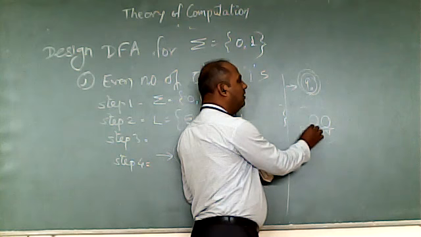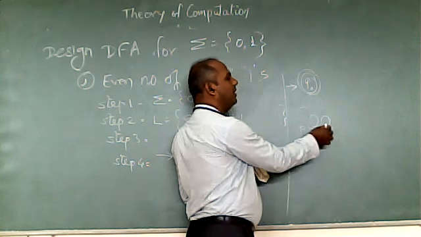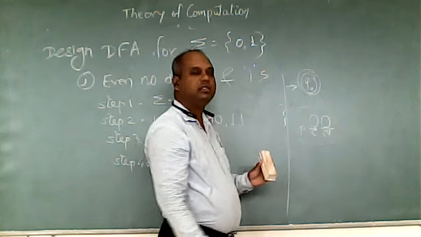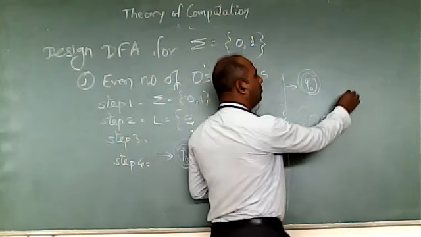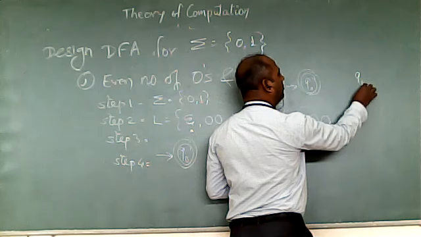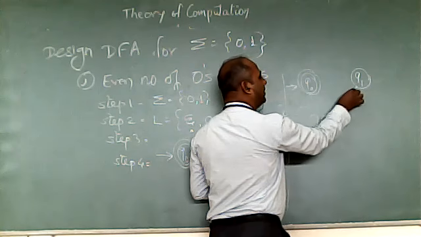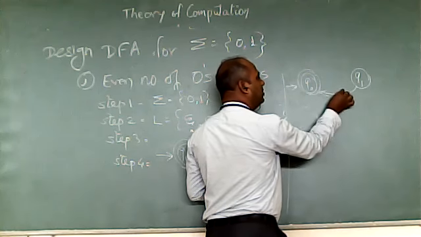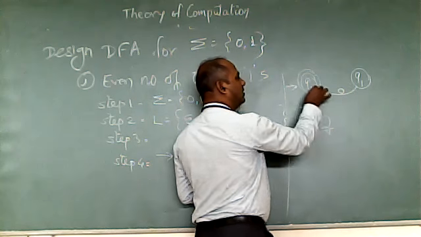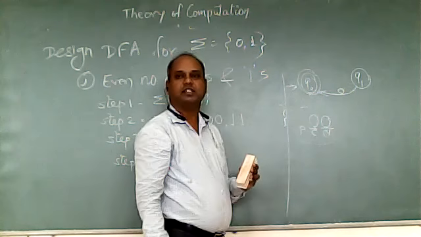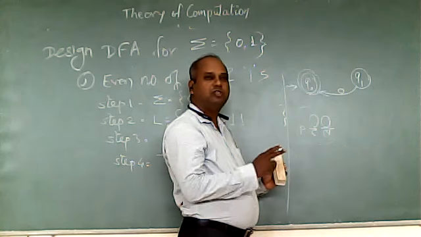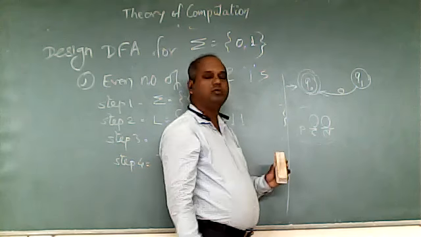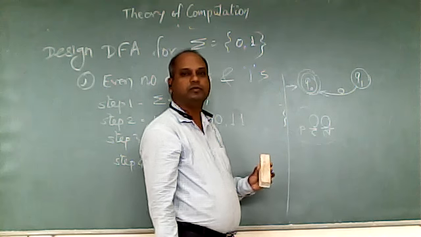So this transition will go to a state from where I will get one more 0 and reach the final state. But if you see, there is only a single state. There is no other state. So we will create one more state called Q1. From that Q1, we'll make a 0 transition, which will reach the final state. So now I have one state Q1, which reaches the final state with the input 0.